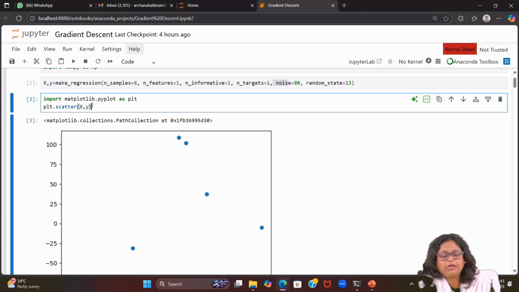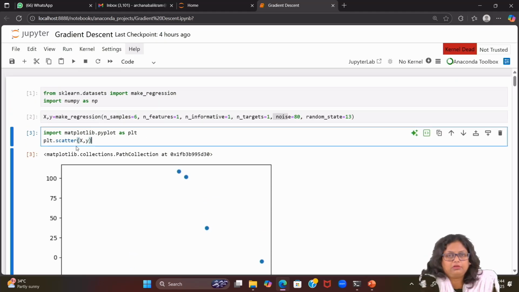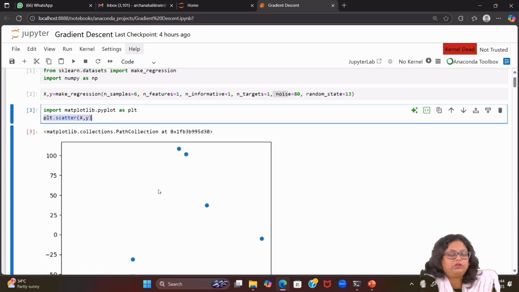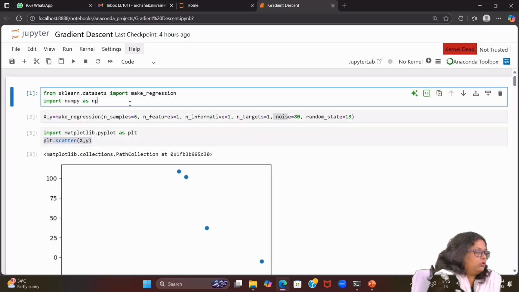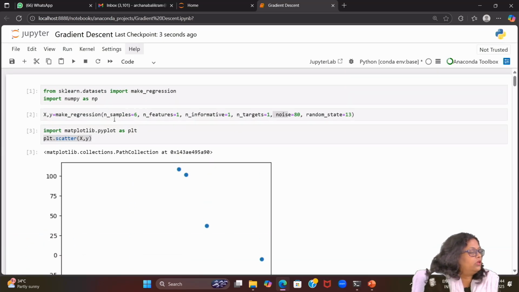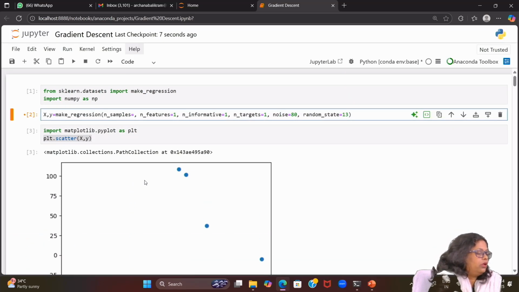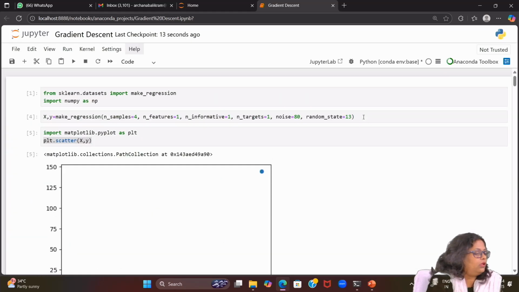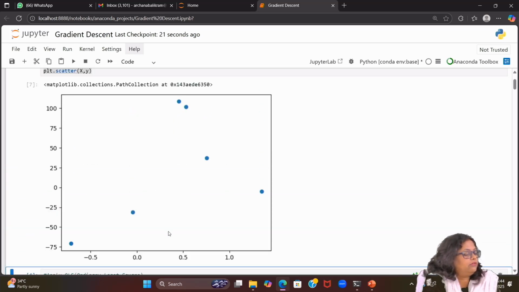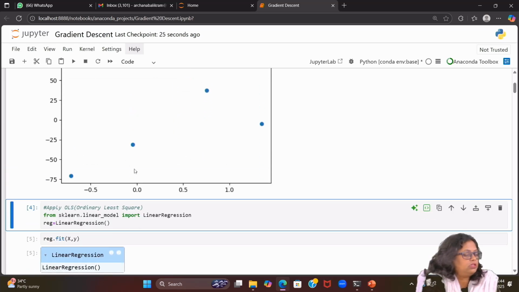Now we import matplotlib.pyplot as plt here, and simply we wanted to see the nature of this data between x and y. So we use plt.scatter, and once you run this, okay. Here you can change it, you can make it 4, and then you see how it looks. It looks like that. So let's keep it 6 only. Now we have this. This is the data we have currently, x and y, and it is showing this behavior.